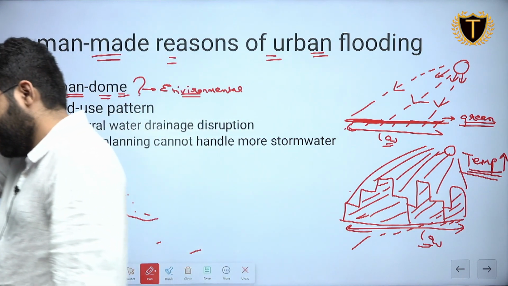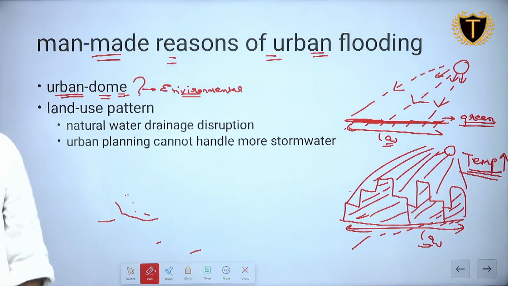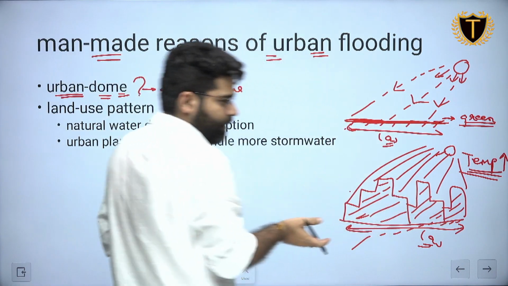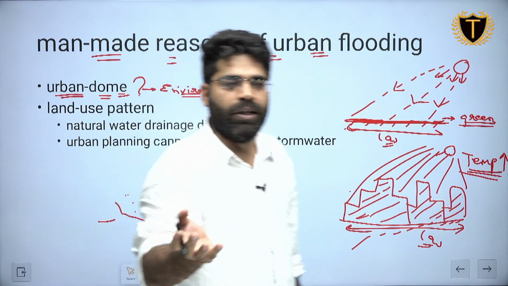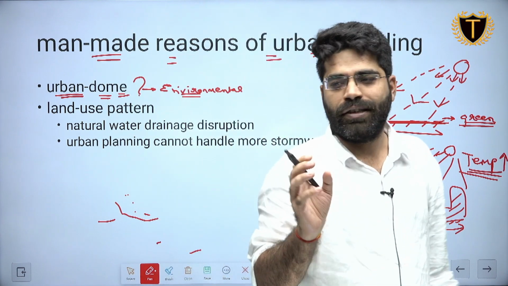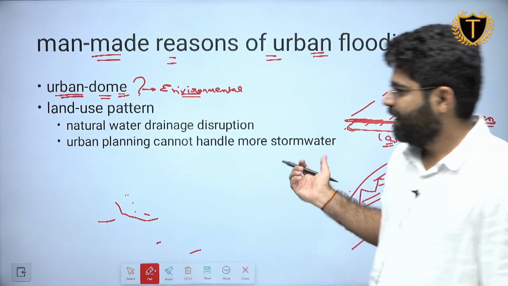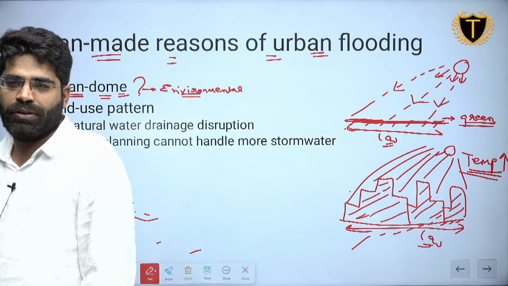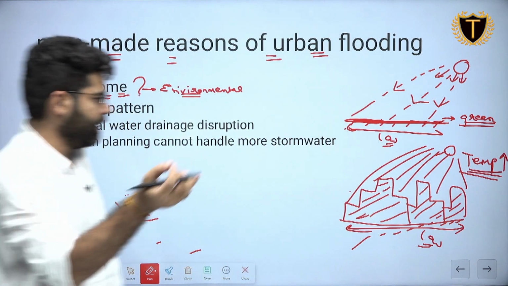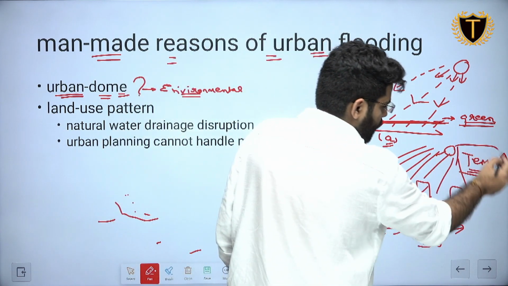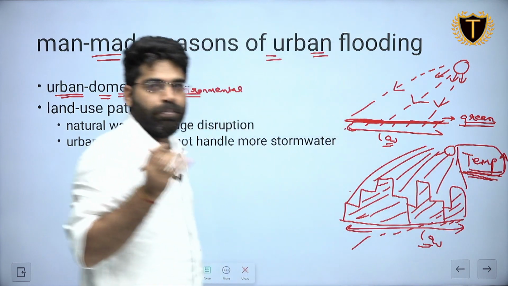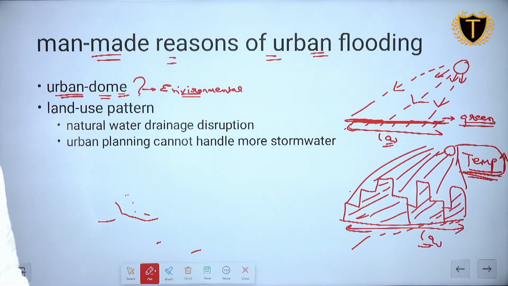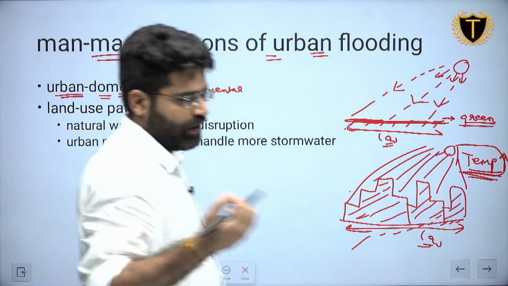Step wise if we see, what did we discuss? Plain area was getting converted into a developed area. What will the developed area do? It will basically increase the surface area for the heat insolation to be increased. Now with the increasing heat insolation, the temperature of that area will increase. And what will this increased temperature do? It will create more conditions for the excessive rainfall to take place.